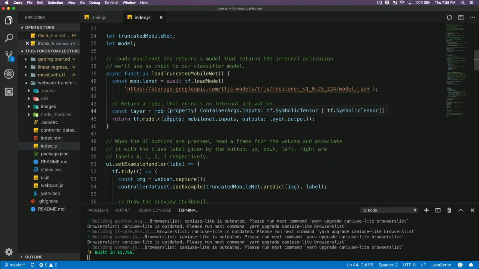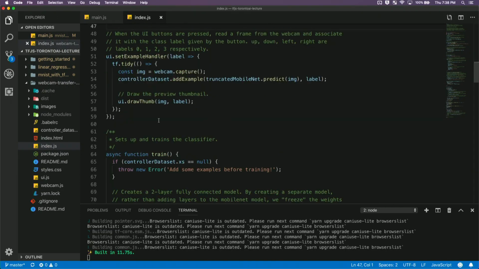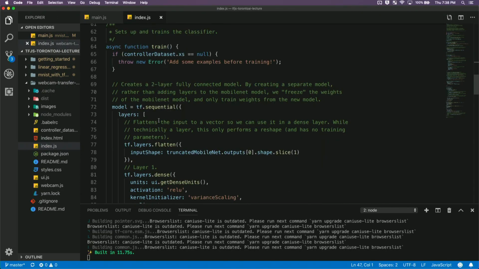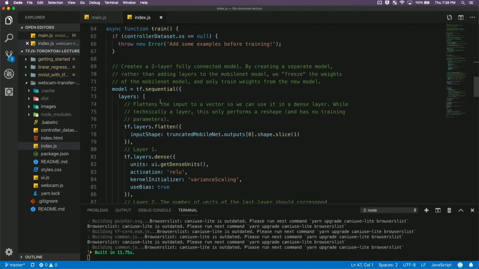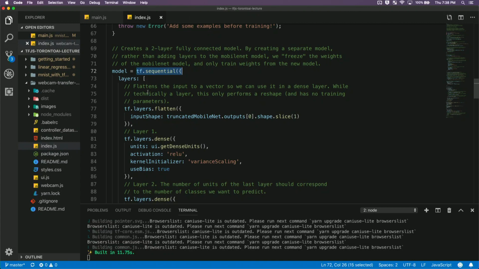So let's go back to the code and look at where it does that. First, let's look at the definition for the model. Here it is. It's using tf.sequential again, and it's defining the layers within that. The first layer is just flattening the output of the MobileNet layer that we've grabbed, that truncated MobileNet, and it's specifying the input shape to match the output shape of that.